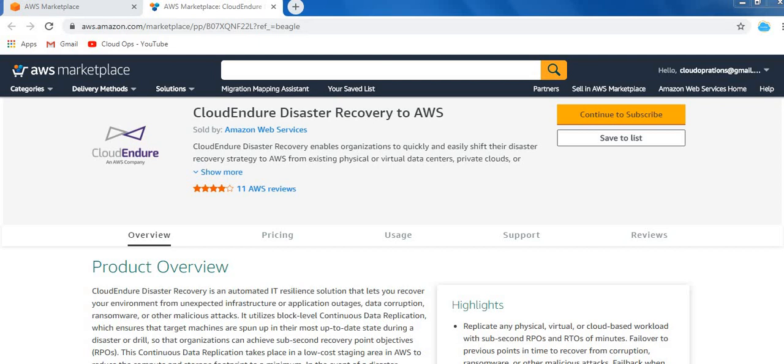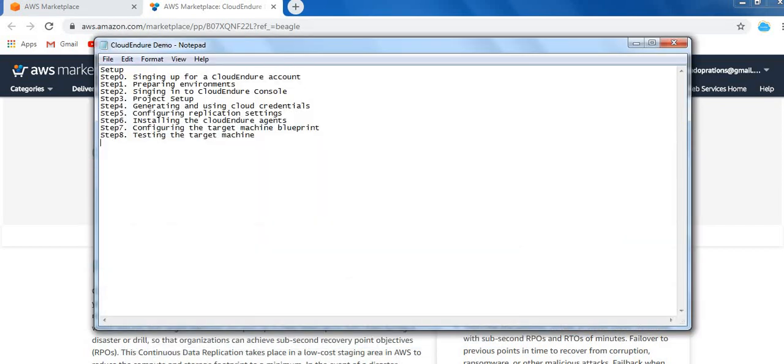Okay, before that, let me tell you what we are going to do here. I have written something here. We are going to do this Cloud Endure demo in 9 steps. Step 0 will be signing up for a Cloud Endure account. Step 1 will be preparing the environment. Step 2, signing into the Cloud Endure console. Step 3, project setup.